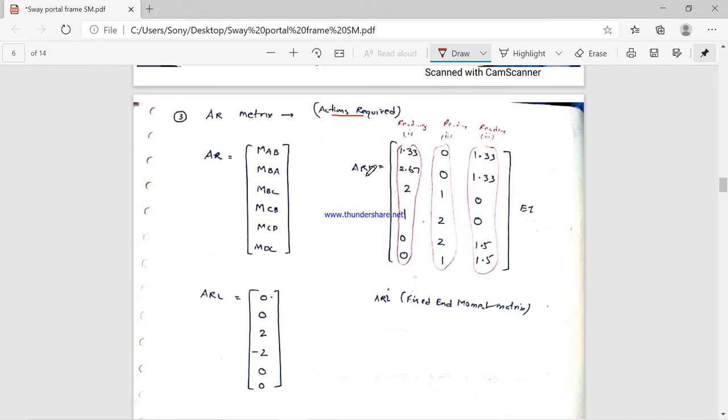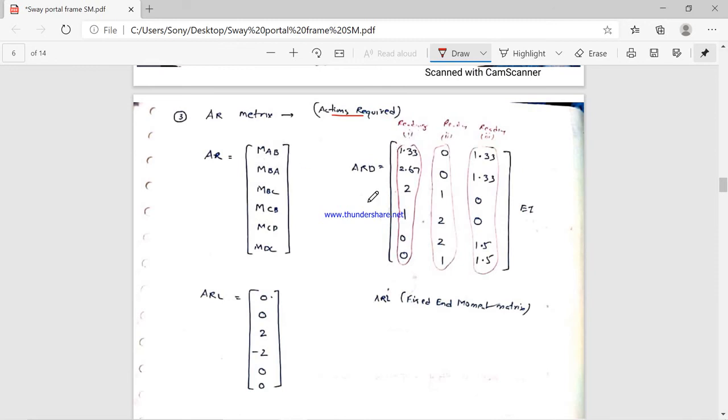So the ARD coordinate in this case is a new part you have to calculate. ARD means the fixed end moment and rotation; the fixed end moment matrix we have to form. It is very simple. For each column we have to read 1, 2 and 3. Let us see how this value will be formed: 1.33, 2.67, 2, 1, 0, 0. We remember that we have to pick the magnitude of the moment and the force at the particular moment itself.